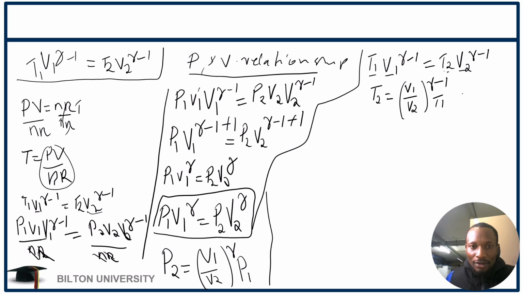What is gamma? We have said that gamma is equal to the ratio of Cp, or molar heat capacity at constant pressure, over Cv, molar heat capacity at constant volume. So Cp over Cv, that's the value of gamma. This value of gamma differs due to types of gases. We can have monoatomic gases, diatomic gases, and polyatomic gases. Remember, these types of gases have different degrees of freedom. And for example, for monoatomic gas,